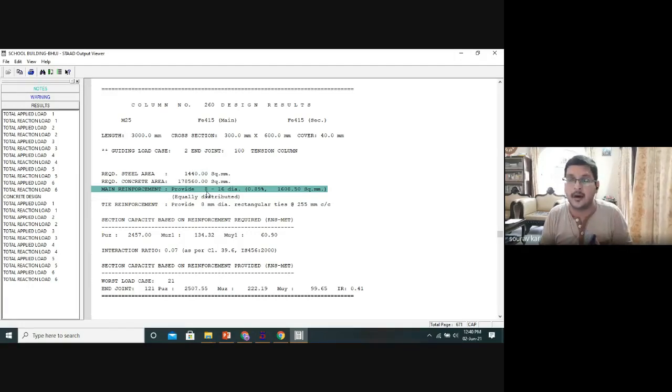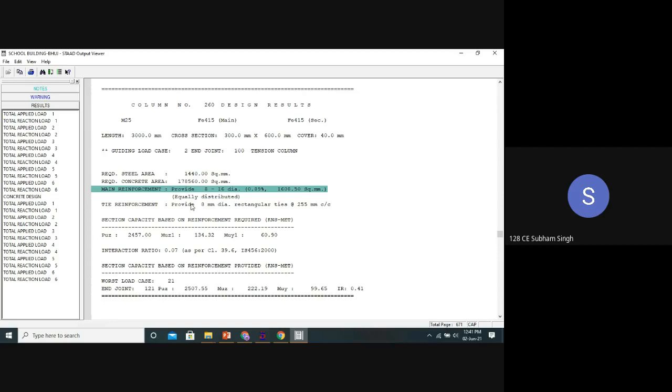If I provide 20 mm bar, my calculation is showing it requires 5.1 bars. Okay. So this is how, as a civil engineer, you have to change the diameter of the bar. Understood? Everyone understood? What is the difference between STAAD results and a civil engineer's results? Yes, sir.